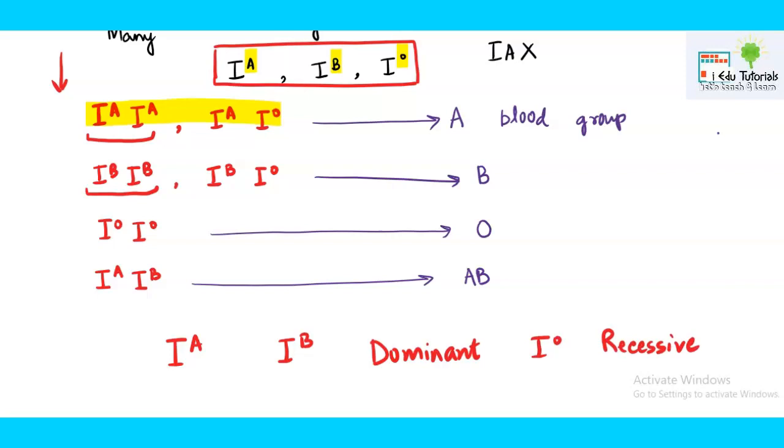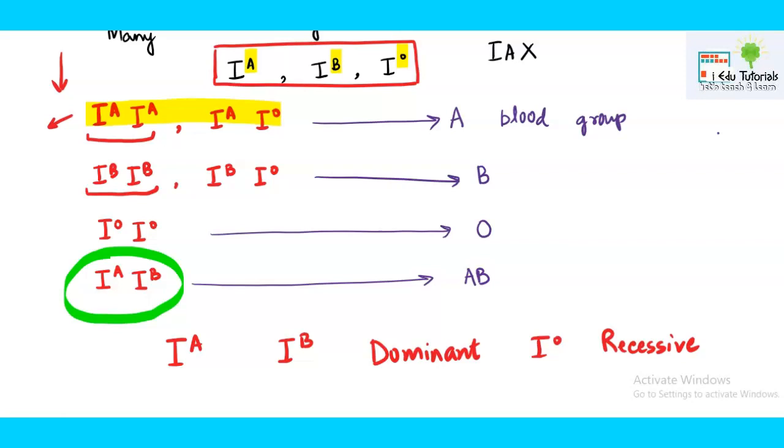So with the same concept, we can say that IAIA is homozygous dominant, but IAIO is heterozygous dominant. Similarly, IBIB is homozygous dominant, IBIO is heterozygous dominant, IOIO is homozygous recessive, and here this one is a special